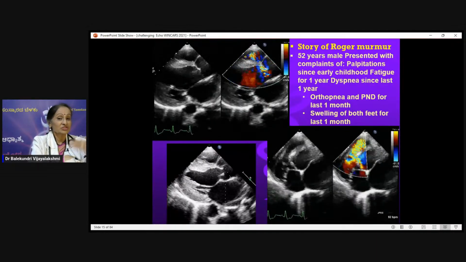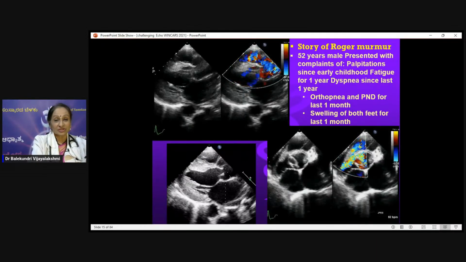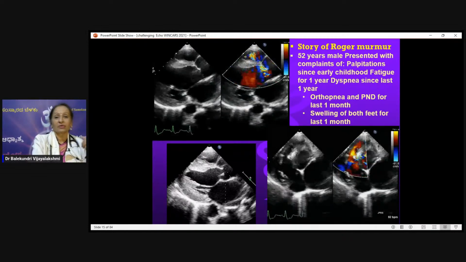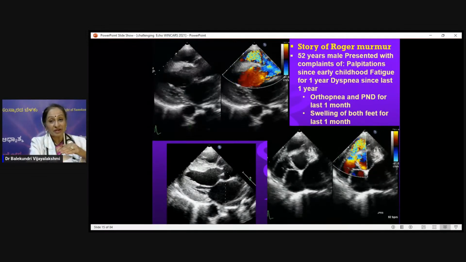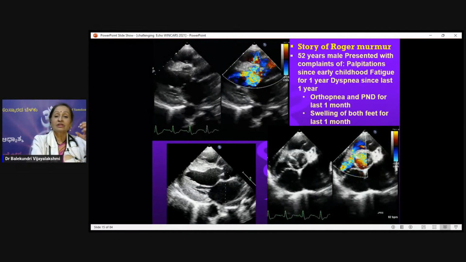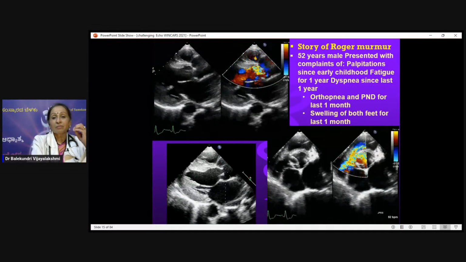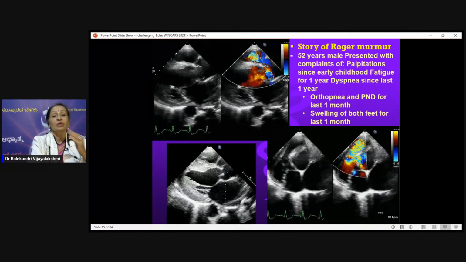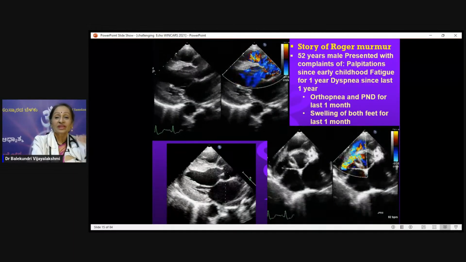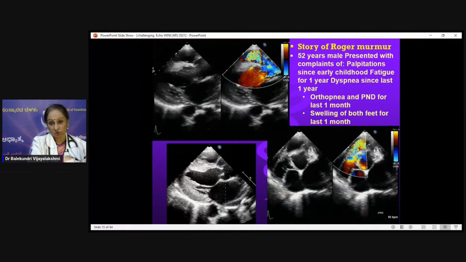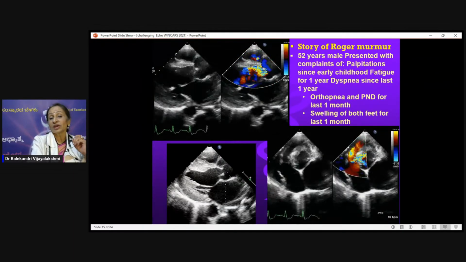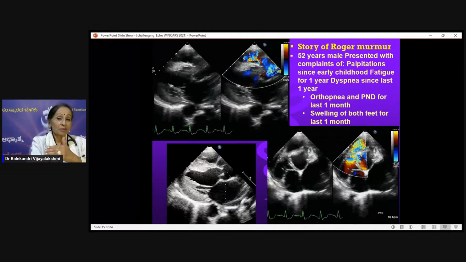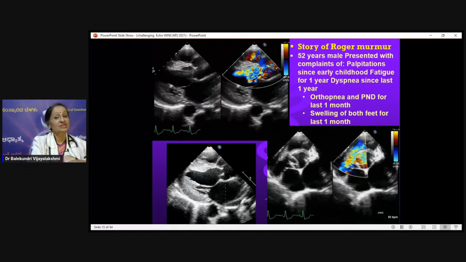And the first ASD that I closed, today she's a doctor. And in the past, 30, 40 years ago, the doctors, the pediatricians were taught that there is a Roger's murmur. The murmur that you hear at birth, as the child grows, it will close. That is, they used to think that the small VSD will close. But today, the echo has shown us that we should not neglect such, because subpulmonic VSDs, inlet VSDs, they will